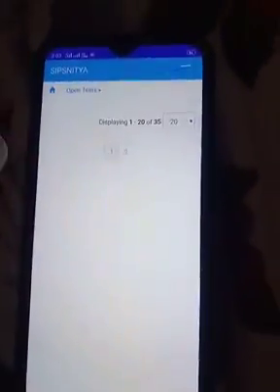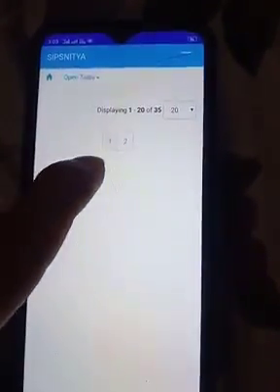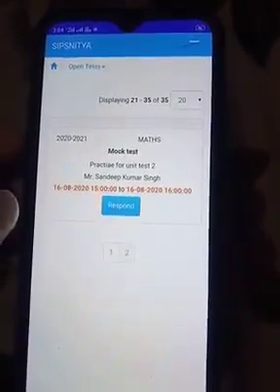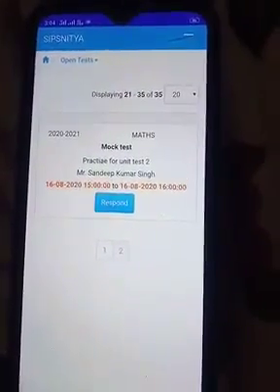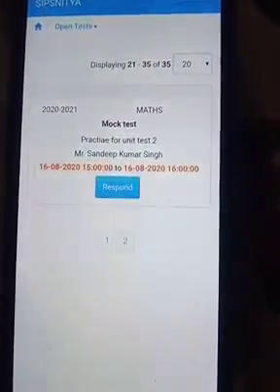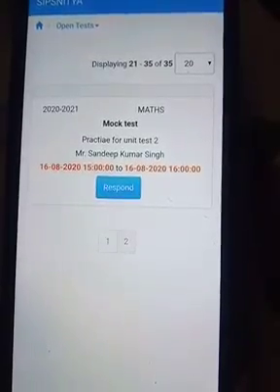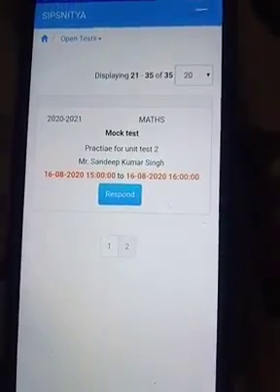Now if something appears here, fine; if not, you have to take the other page. Here we can see the practice unit test, and you have to click on respond here.